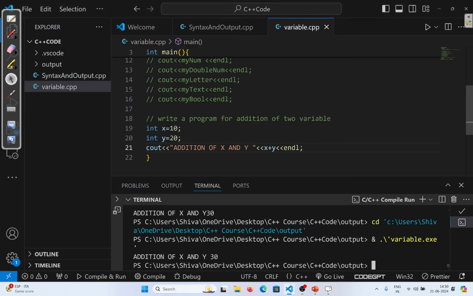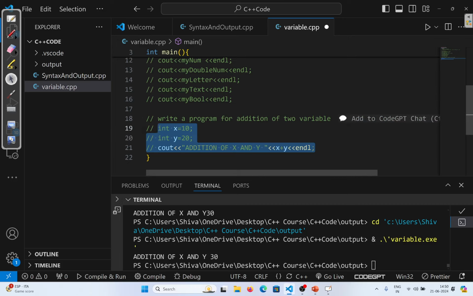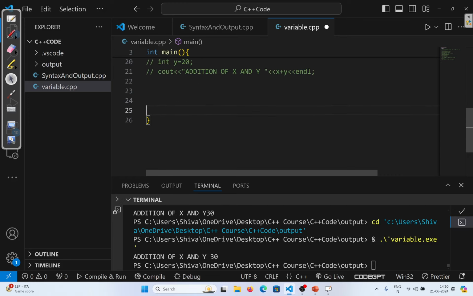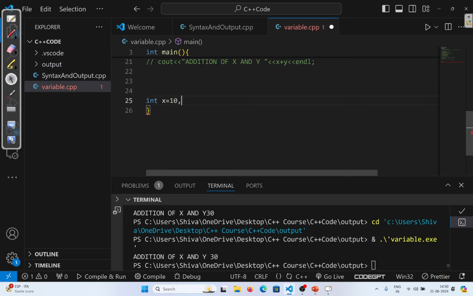Let me first comment all this. And then from line number 23 to 25, I am declaring multiple variables, all of the int type. x equal to 10, comma, and I need to separate all those variables using the comma. x equal to 10, comma, y equal to 20, comma, z equal to 30, then this semicolon sign, and then I want to print x, then I want a line